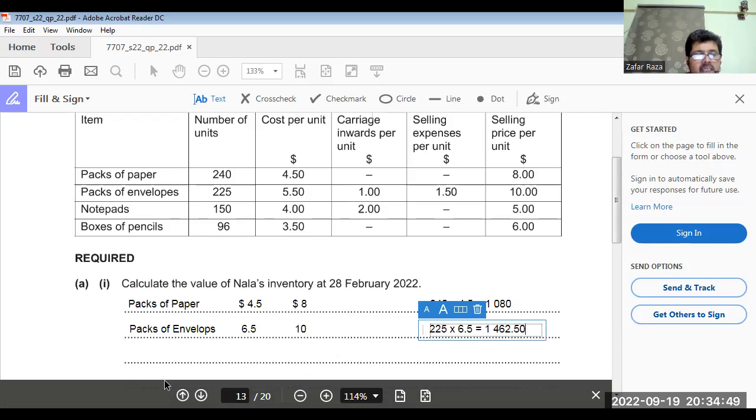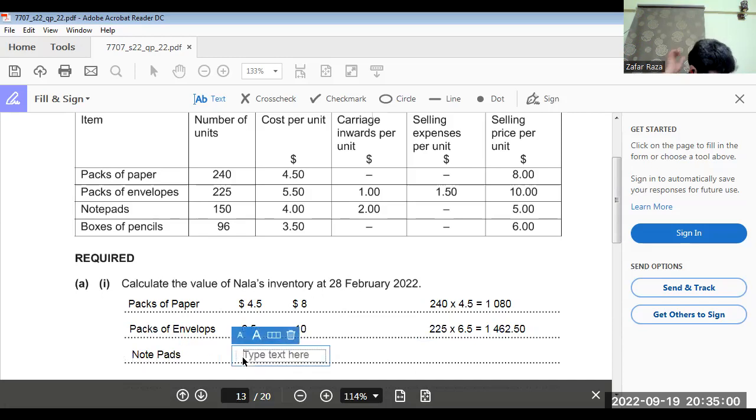1,462.5. Now notepads. Notepads, the cost is $6. Okay, $6. And NRV $5. So we have to keep the cost of inventory at NRV, 150 multiplied by 5. That would be, I think,